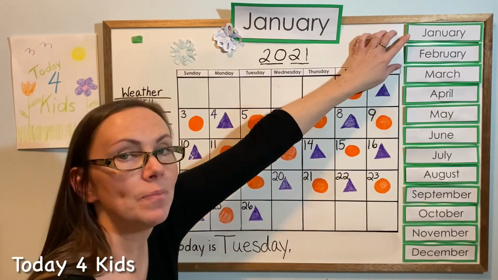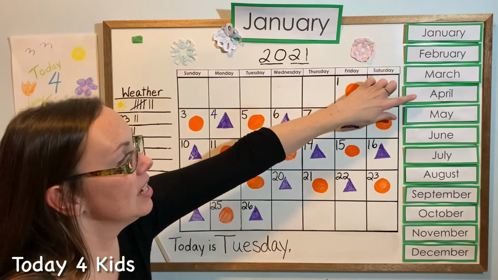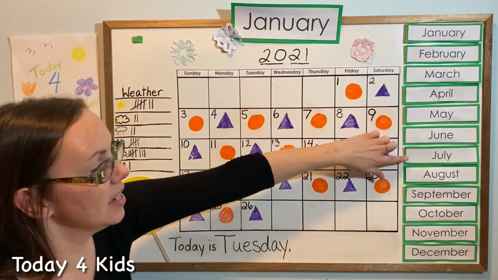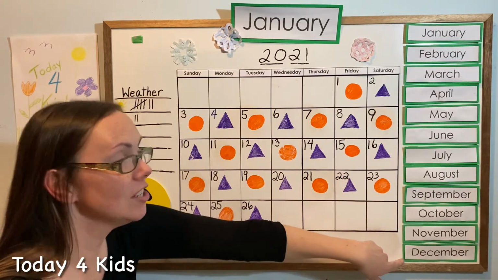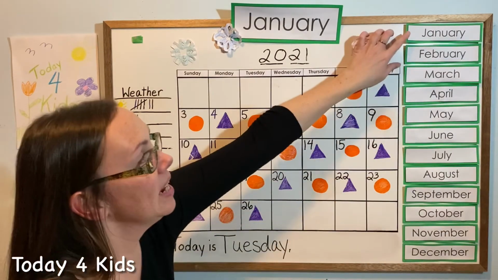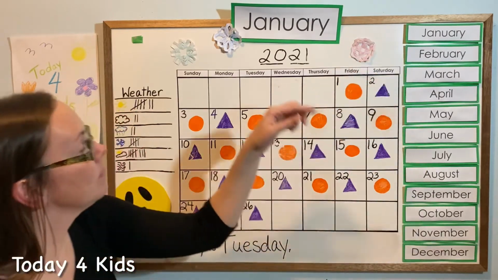Start at the top. January, February, March, and April, May, June, July, August, September, October, November, December. Good job. And we are way at the top. We're in January. So it's